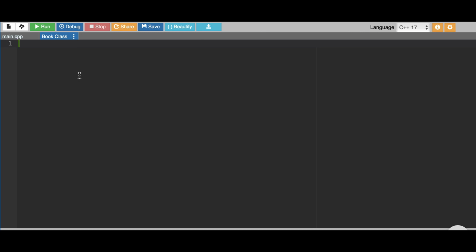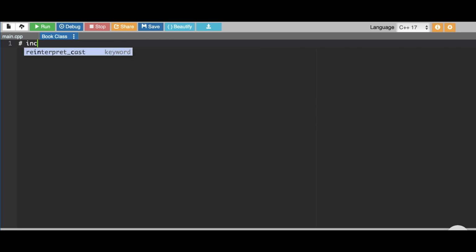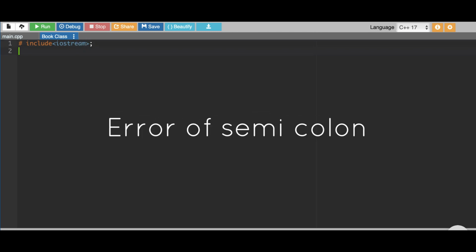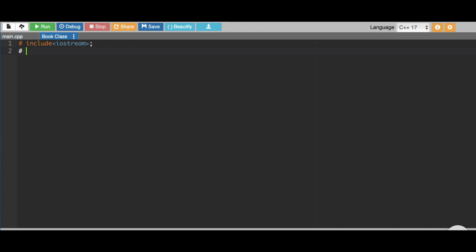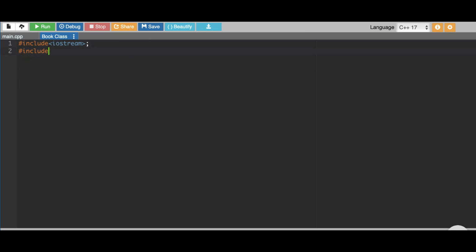The first thing we will have to use is the hash sign: include iostream. The second one we will include string also,